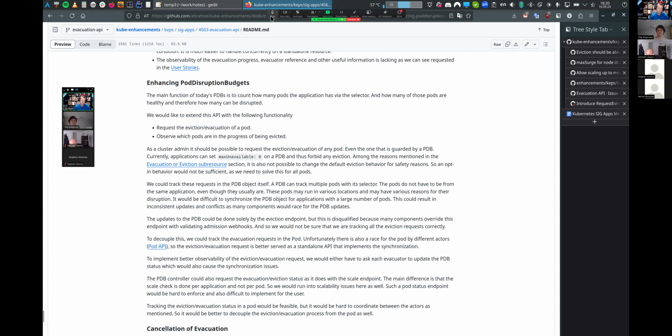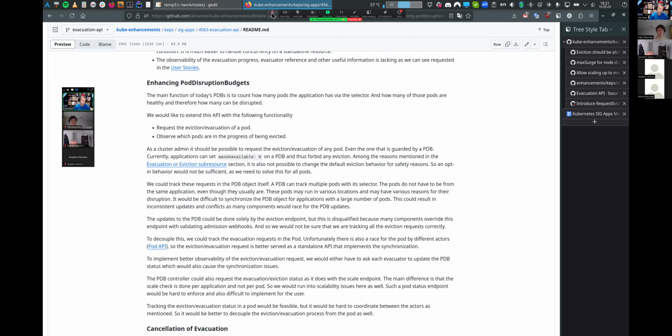So that would be somewhat similar, in one way, to writing an admission webhook that you covered. But the difference would be that instead of listening on the webhook, you would basically have entirely new APIs strictly for the PDBs. So my question is basically, if that's the case, that endpoint would be consulted about the information whether this particular